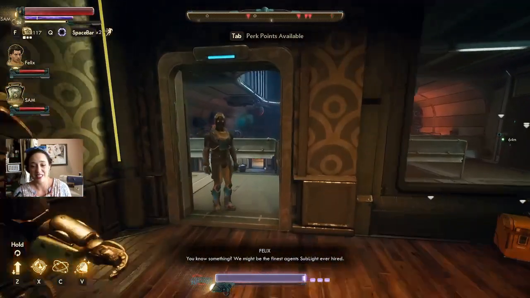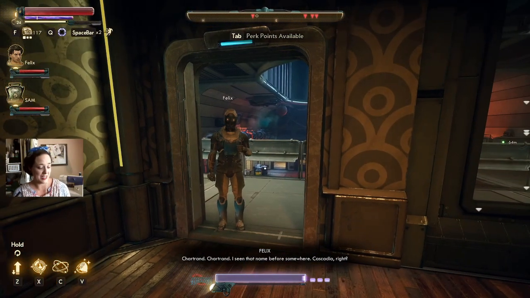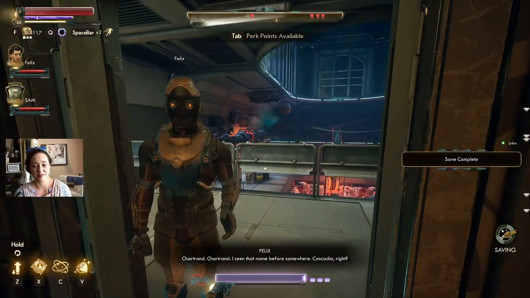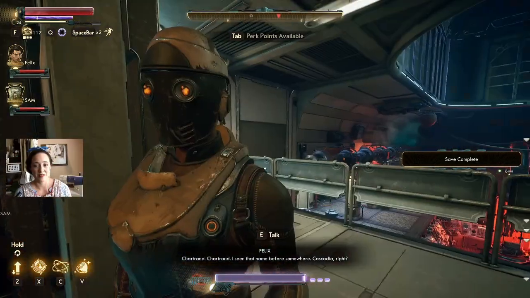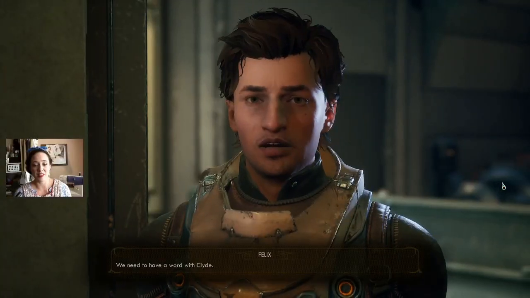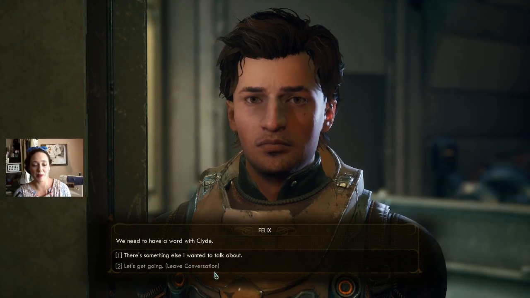You might be the finest agent Sublight ever hired. Yeah, I know. Shertrand. I've seen that name before somewhere. Cascadia, right? Yes, that's right. We need to have a word with Clyde. Oh, right. He's in the middle of his